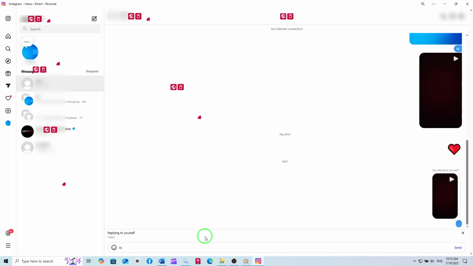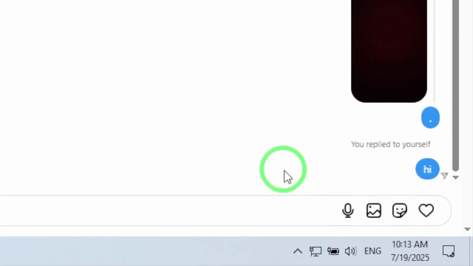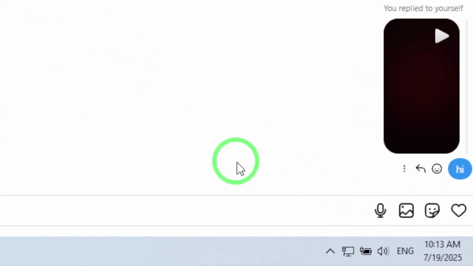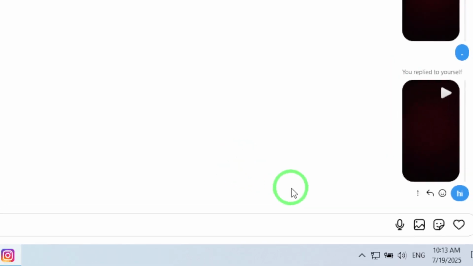Take your time to write exactly what you want to say. When you're ready, click the Send button. Your reply will be sent instantly and will show up directly connected to the original message, making your conversation easy